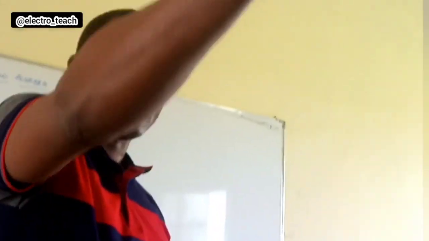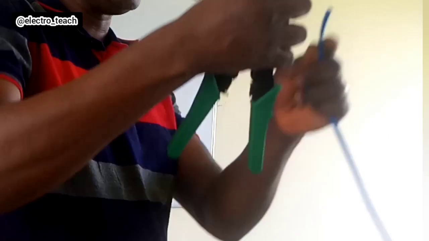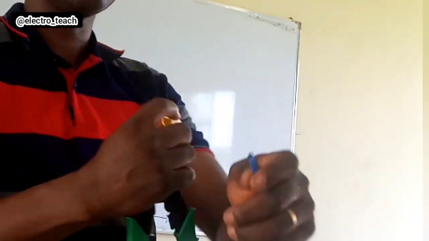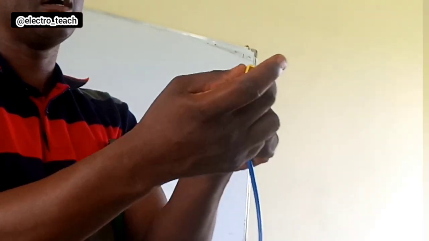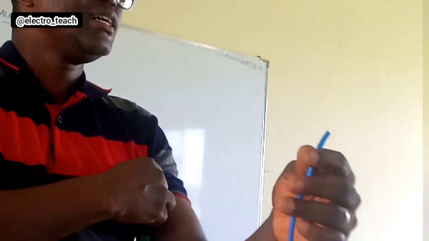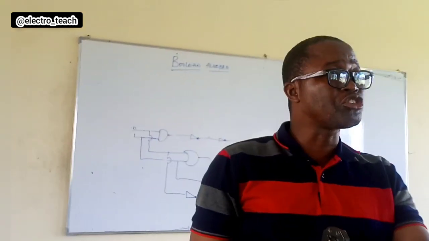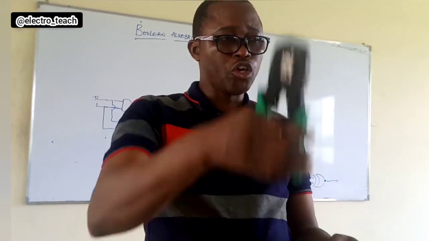You push in the jacket. You are pushing in the jacket from the hole here into the cable. Are we there? Can you see that? Don't push it in from here, but from here, like this, and drop it inside. Then you can use your wire stripper to strip the blue insulation here, or you use your crimping tool to